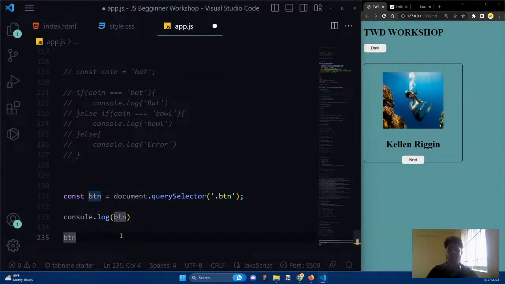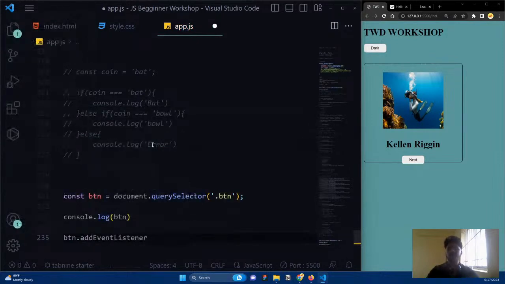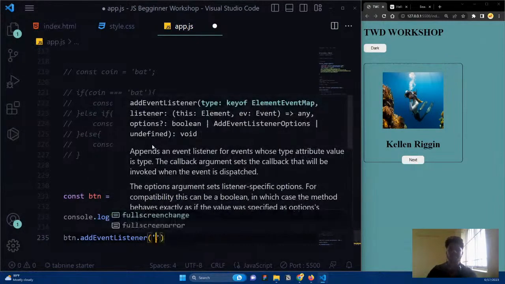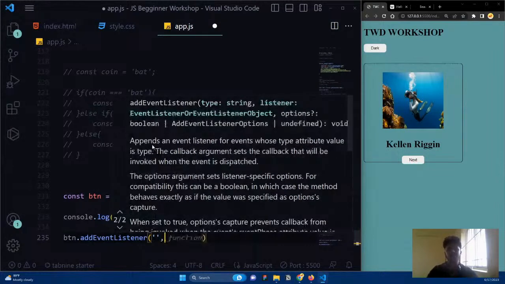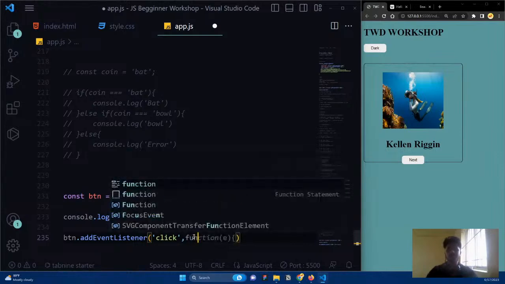So I'm just going to say button dot addEventListener, the method that helps us add the event listener. It takes two things. One is the event, and the other is what function needs to run when the event occurs. In my case, it is going to be a click event. You don't need to put on here, you just say click, that's fine. And here it is going to be a function to execute. The function I need to execute is